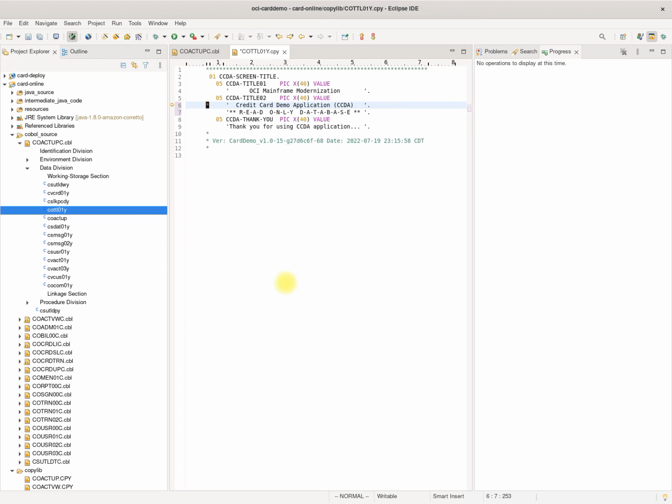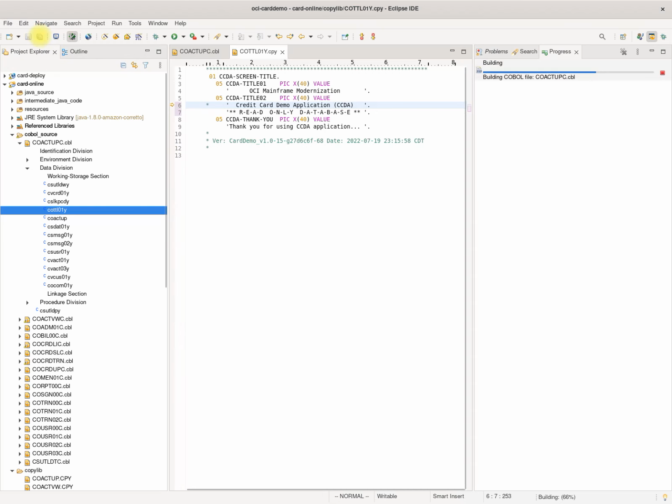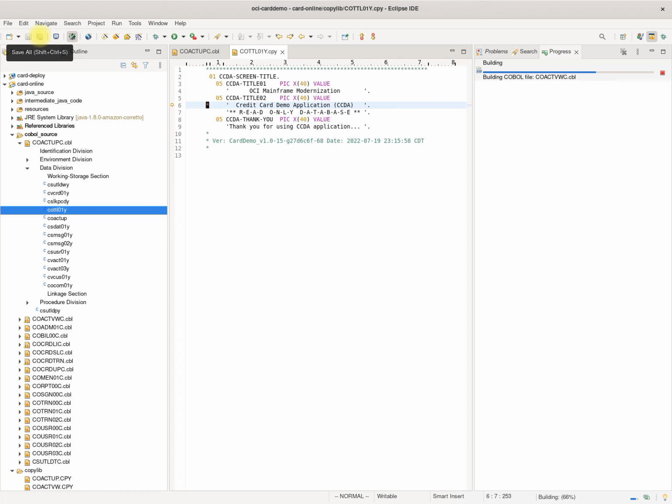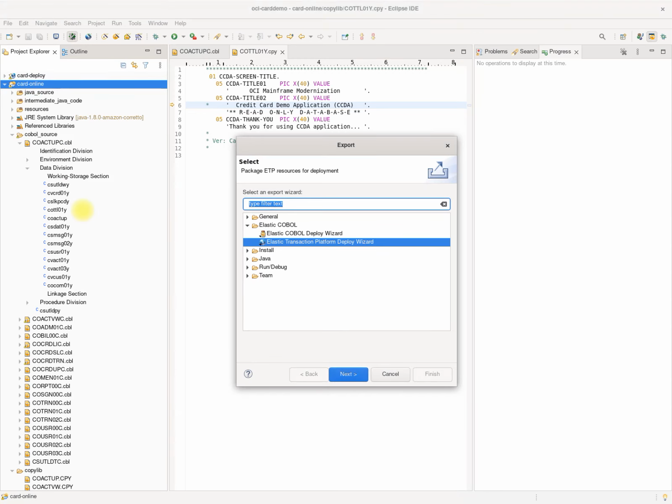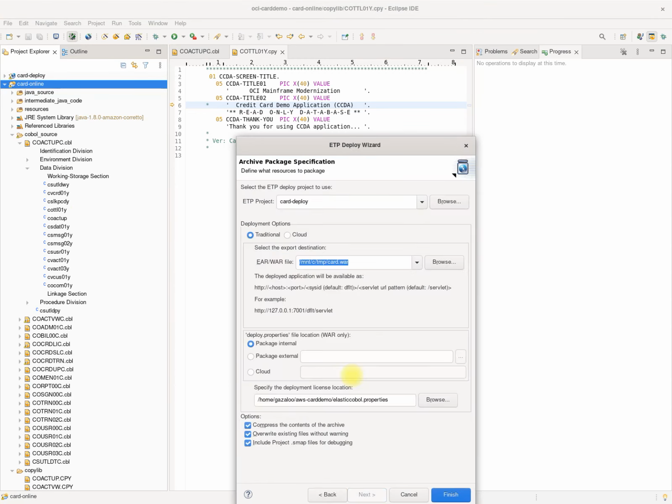COBOL programs by transpiling them to Java source code, which is then compiled by the Java compiler to create executable classes. Creation of a deployment package would ordinarily be done using a CI/CD pipeline, but for this demo we're going to have a more direct approach and use the IDE to create a Java war file that we can deploy